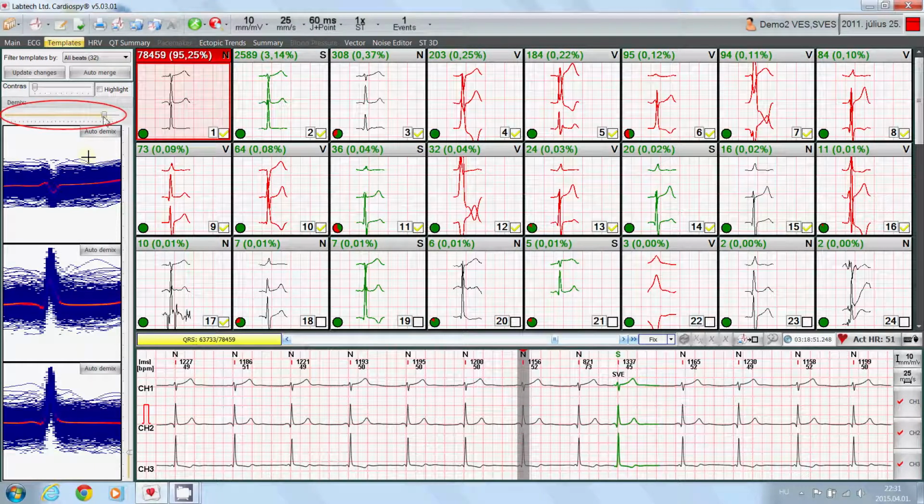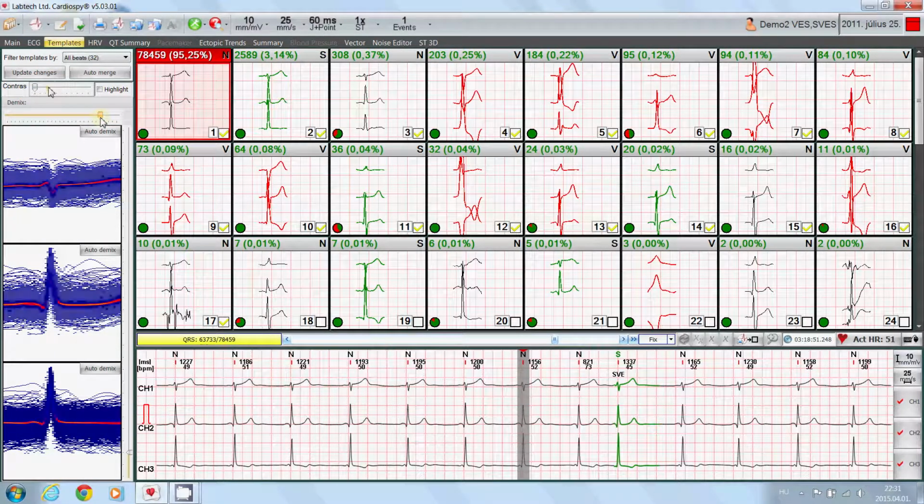You may want to adjust the size and the contrast of this display for your screen to show the dominant waveforms and the variations around them more clearly. So we can say that this template is correct, and if you wish, you can mark it with a green